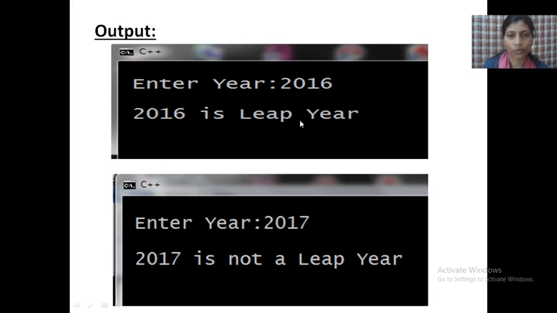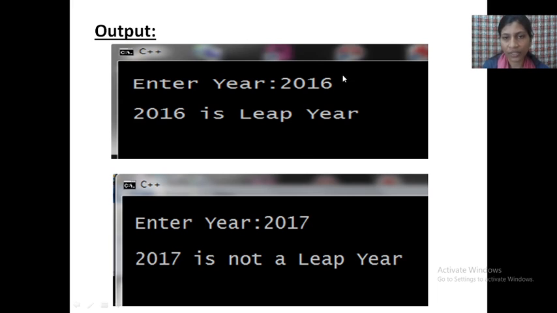See, open the calendar and see, in 2016 in the February month there are 29 days, so in total that year has 366 days, meaning one day is extra in February, so that year is a leap year. See here, if you enter 2017 on the keyboard, 2017 is not a leap year, because 2016 is a leap year and the leap year comes after 4 years.